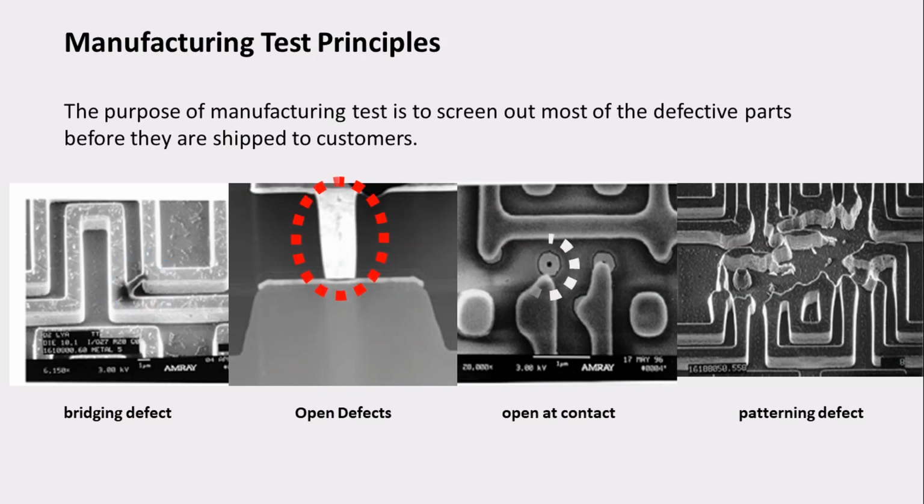We'll be getting it as unknown, that is our logic X, or we'll be getting it as high impedance. Most of the time we'll be getting high impedance. Why? Because all the open ports that we get will be kept as high impedance. The design is done like that only. If the port is open, then you give it as high impedance.